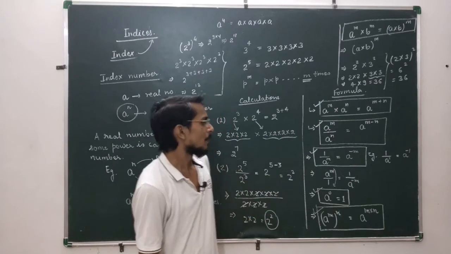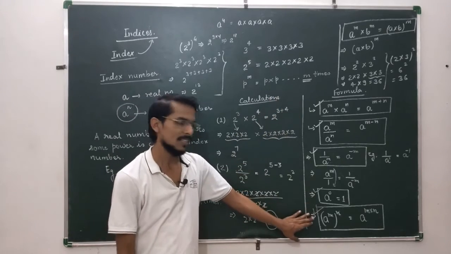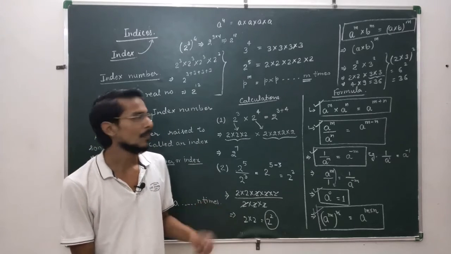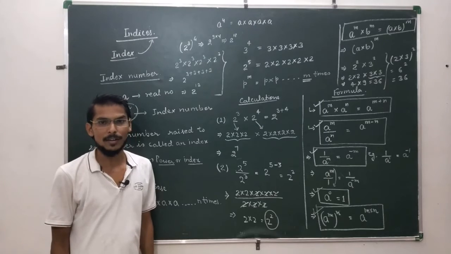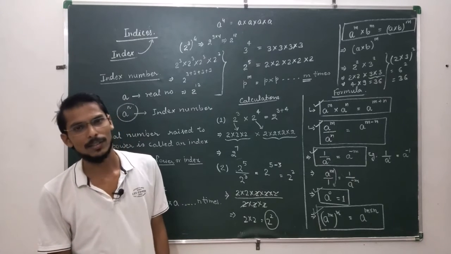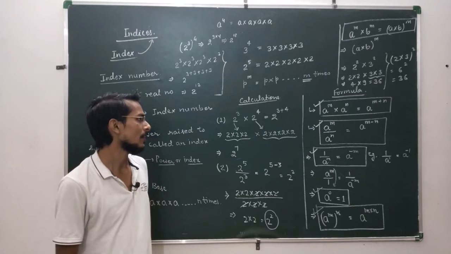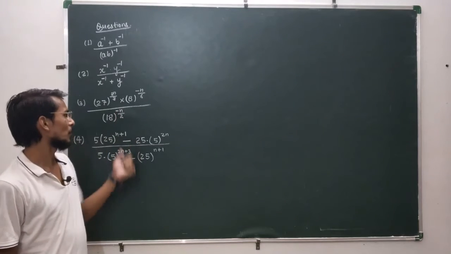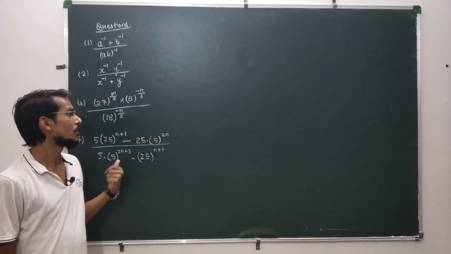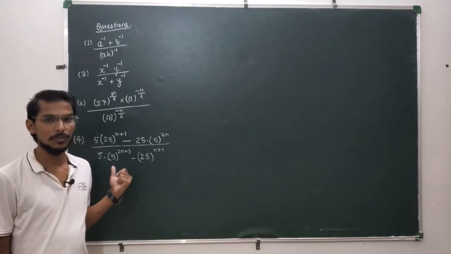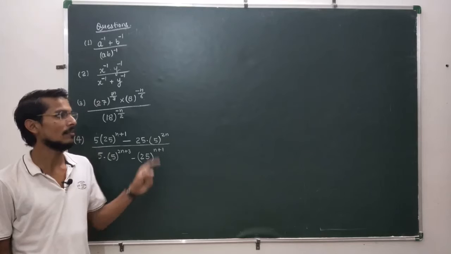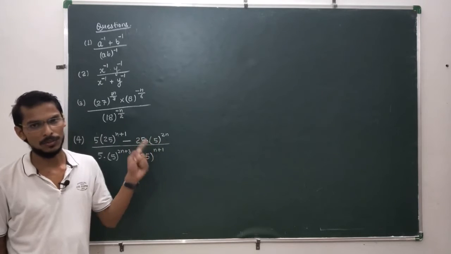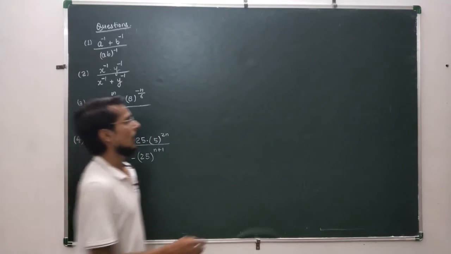So the basic formulas are summarized here and we will use these formulas while solving the problems based on indices. So now we should try to do some problems based on indices so that the concept may get more clear. Okay, so let's start some problems. Here I have taken 4 questions and we will do these questions one by one. But before starting, I will write all the formulas here so that while using a formula, I will indicate to you the formula used.